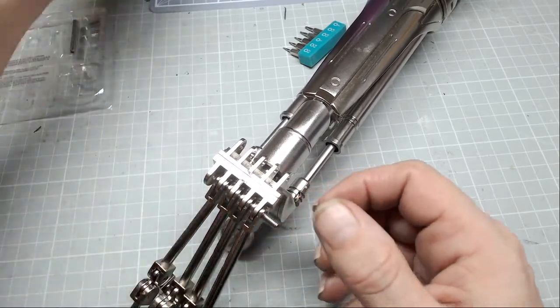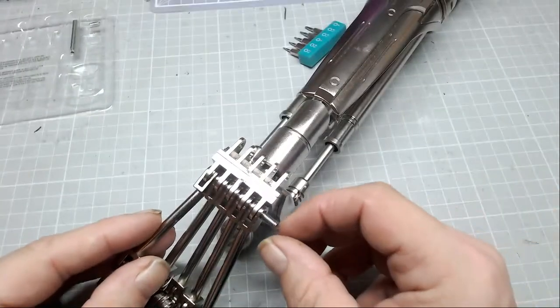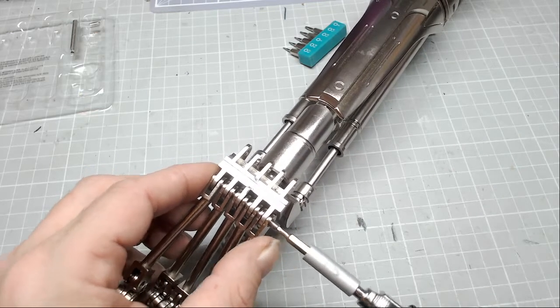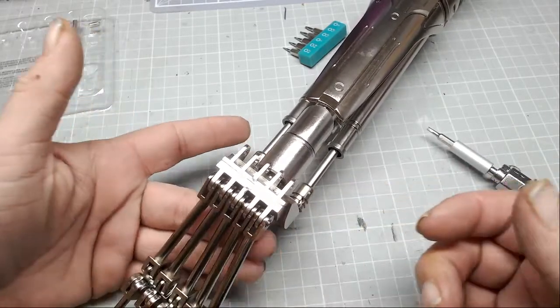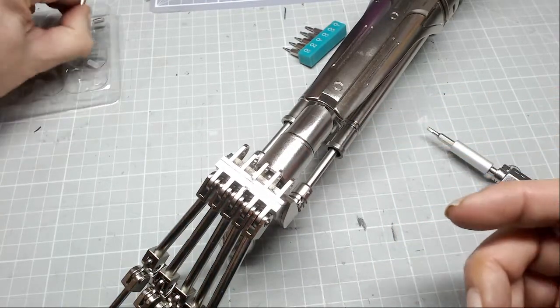You said that's right. So then when we get to the fifth one, that's going in, but this time we're not going to be able to push the grub screw in, so we will have to tighten this with a screwdriver. You could probably start it off with your fingers, but that's absolutely fine. So what we need to do now is repeat the process